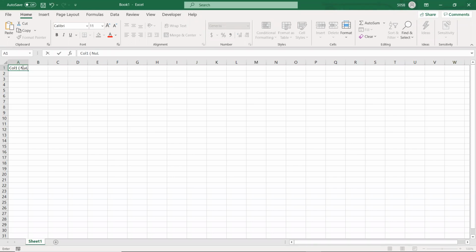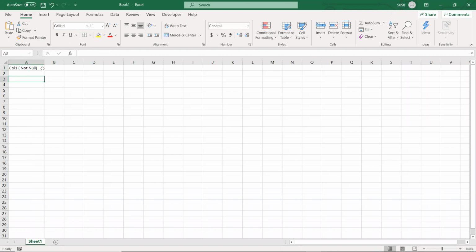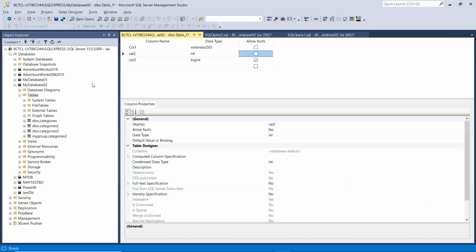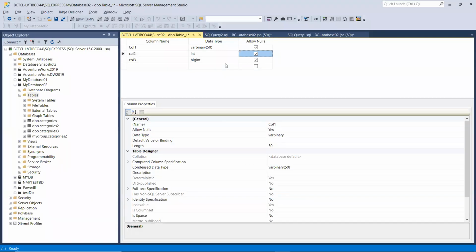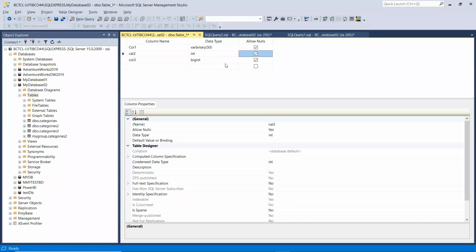That is, it should allow null. Or maybe I will say not null, because by default it is null. And if you want to specify that I don't want to allow null values, then you will have to specify. So if you remember, by default everything was checked, right? That means we can have null values for all the columns.